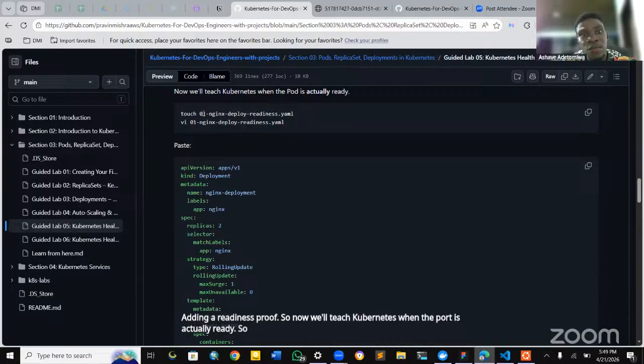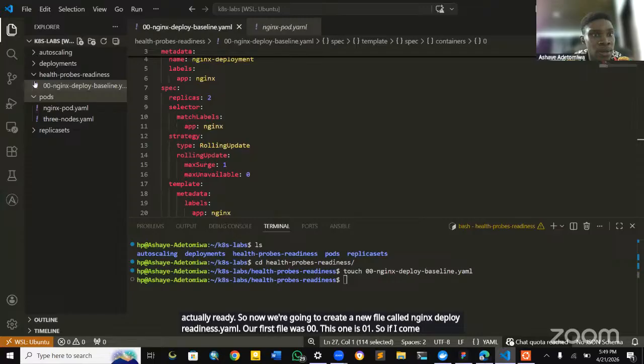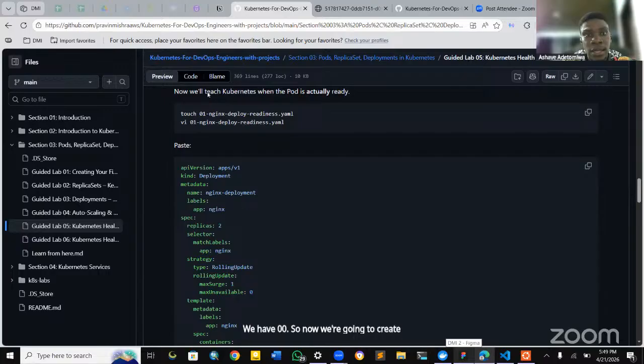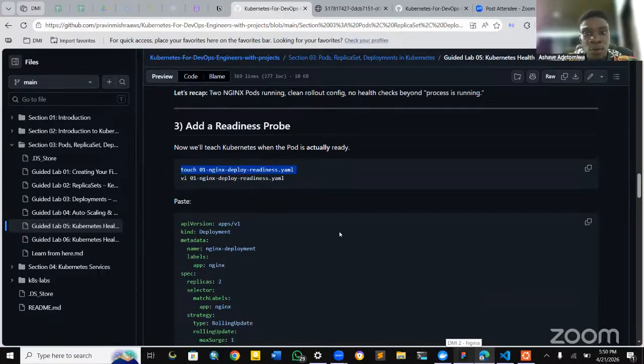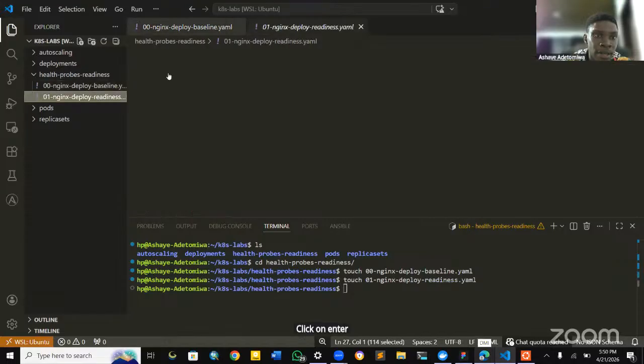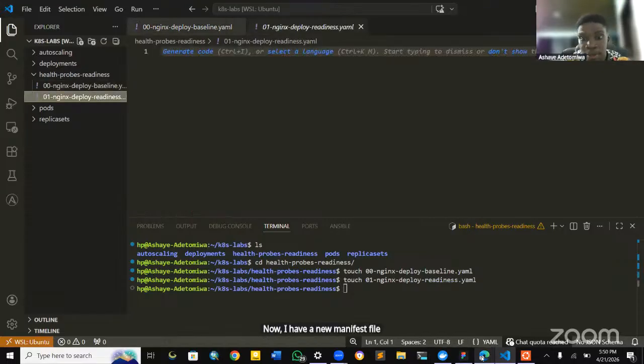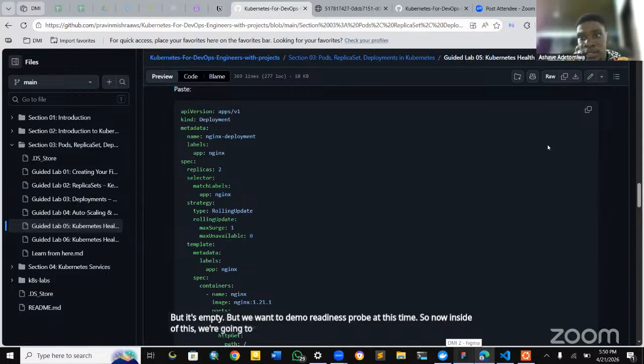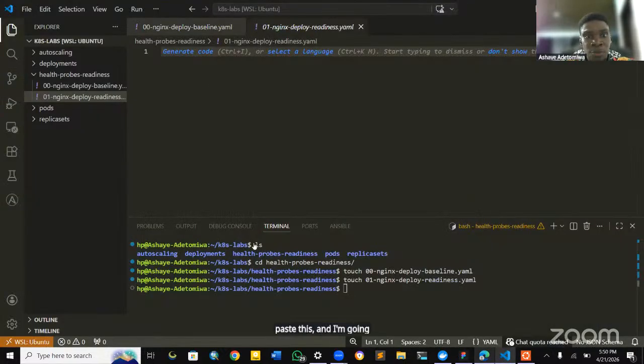Now we're going to create a new file called nginx deploy readiness.yaml. Our first file was 00. This one is 01. So if I come here, we have 00. Now we're going to create a new manifest file. I can come here and click enter. Now I have a new manifest file, but it's empty. We want to demo the Readiness Probe at this time. So inside of this, we're going to paste this,